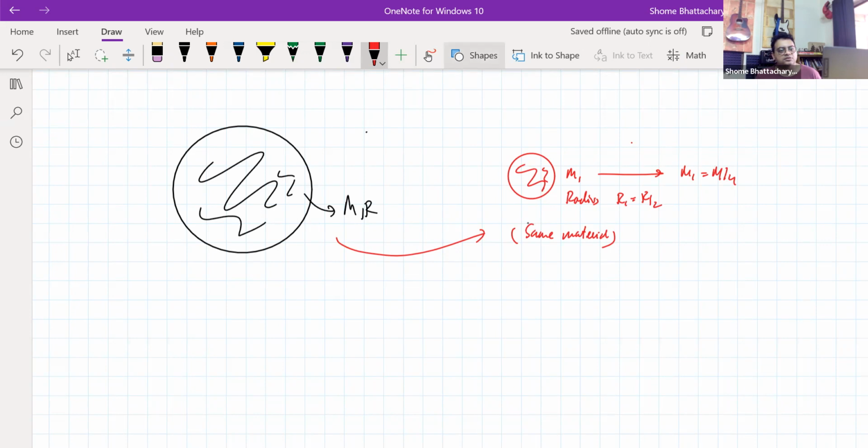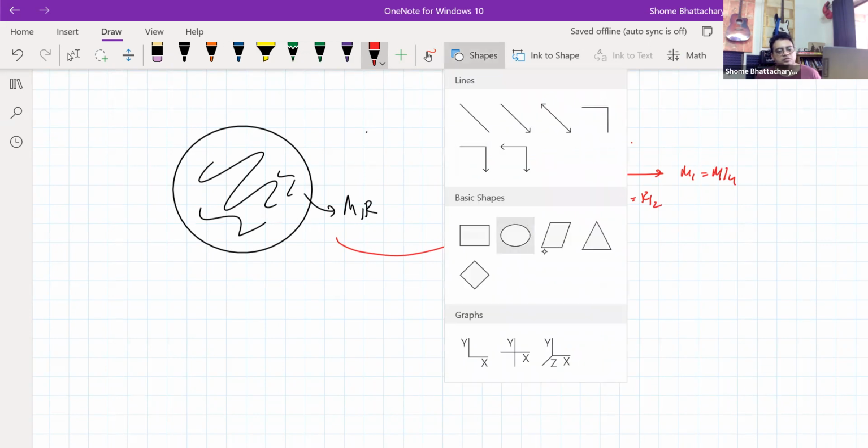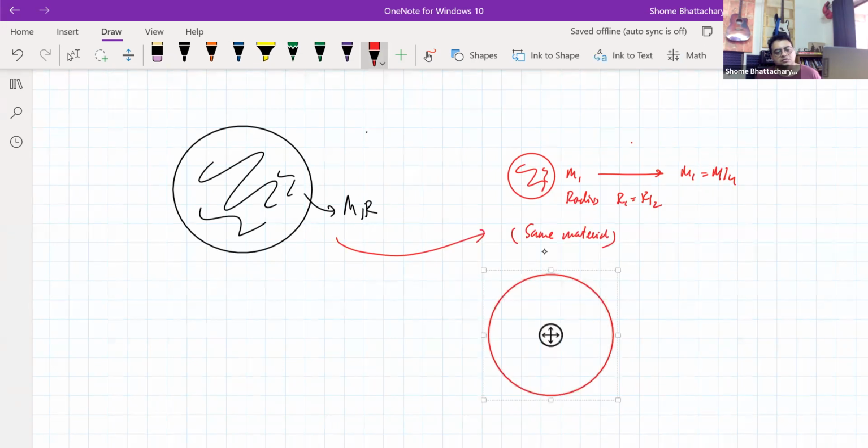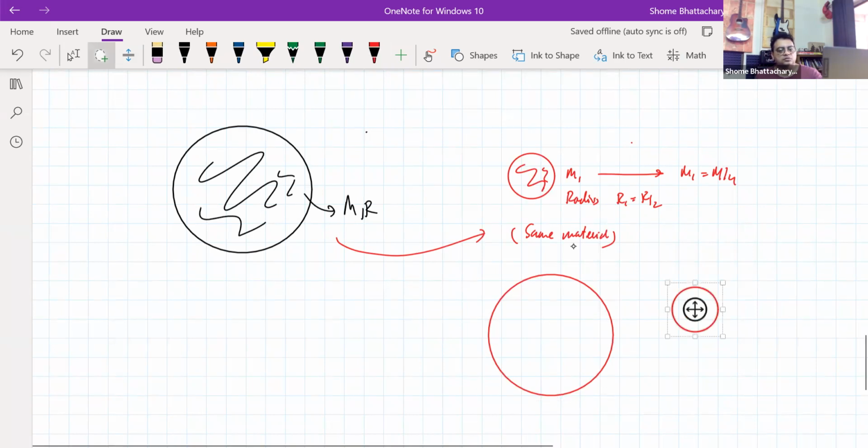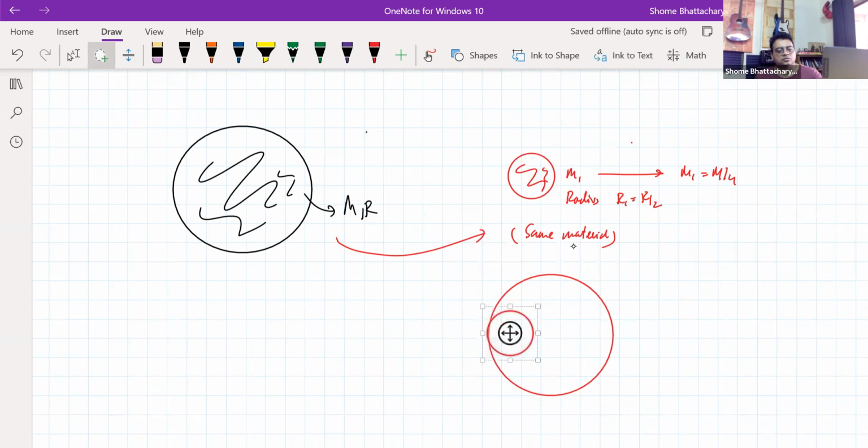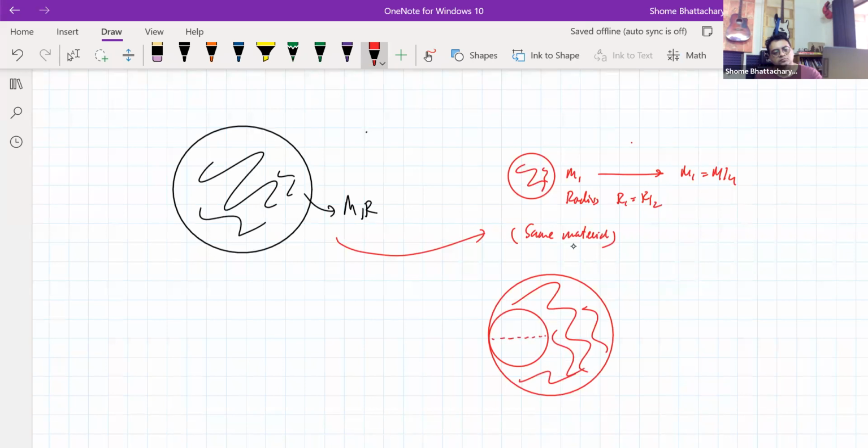So now what will happen is if I cut this round hole out from the original disk, then the remaining part that I have, that is of mass how much? 3m by 4. So this mass m2